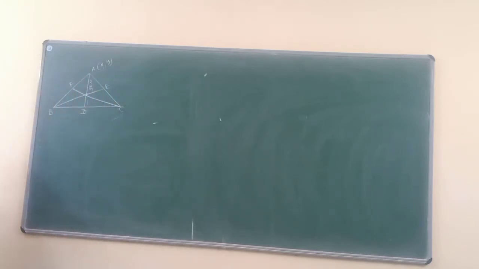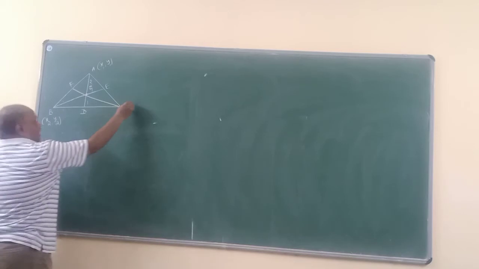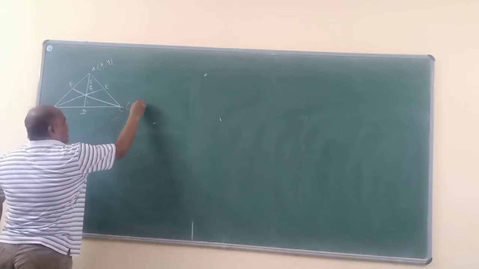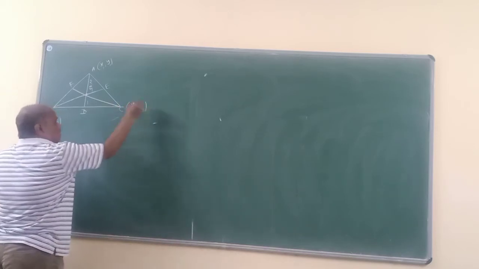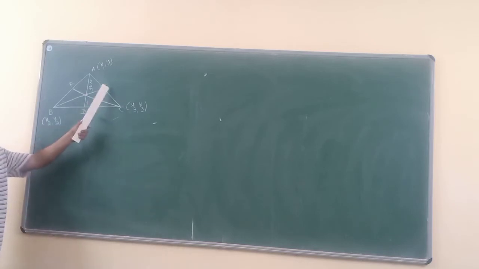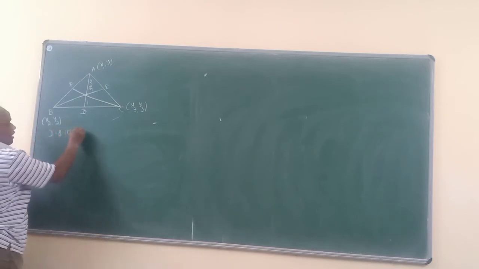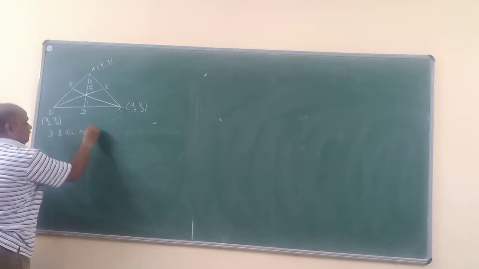Say A coordinate is x1, y1, B coordinate is x2, y2, C coordinate is x3, y3. Now I am going to take AD as the median. You may take BE also as a median. Then you calculate E, the same procedure. D is the midpoint